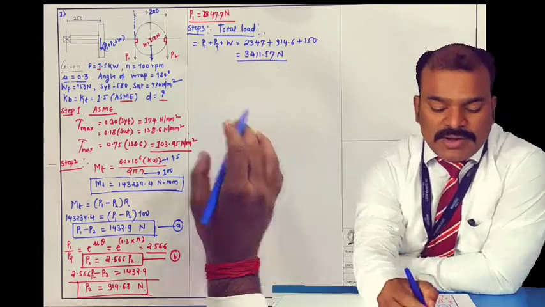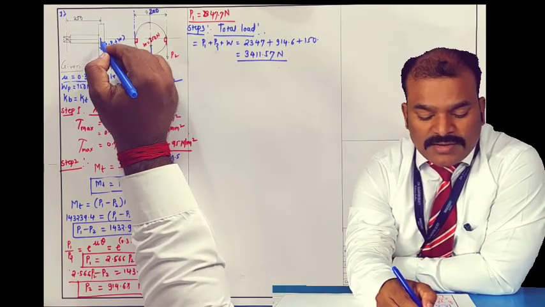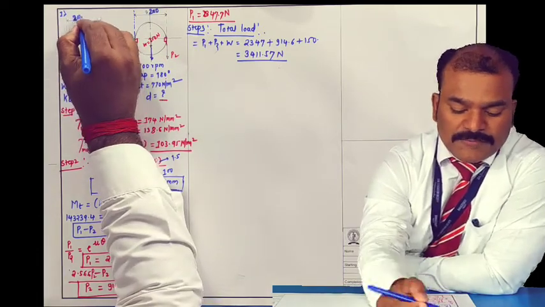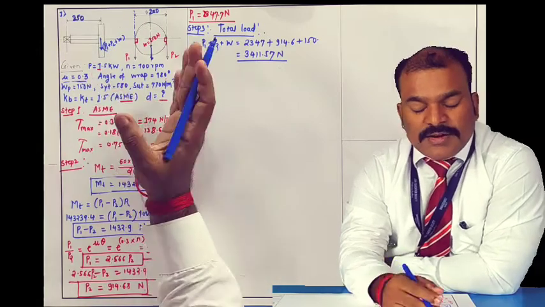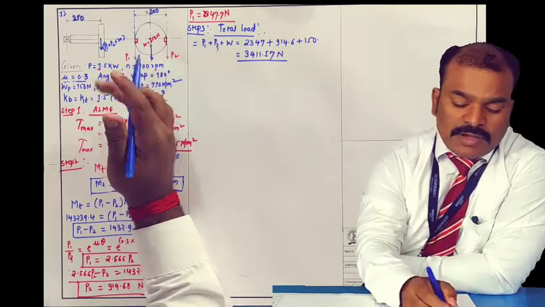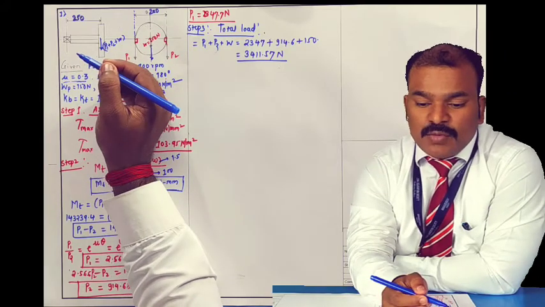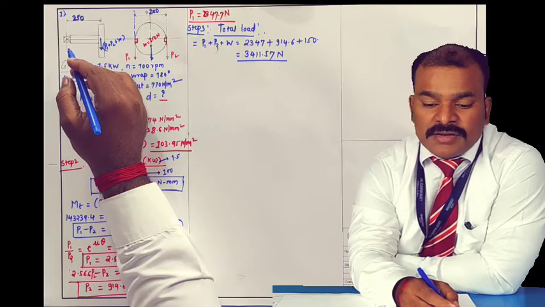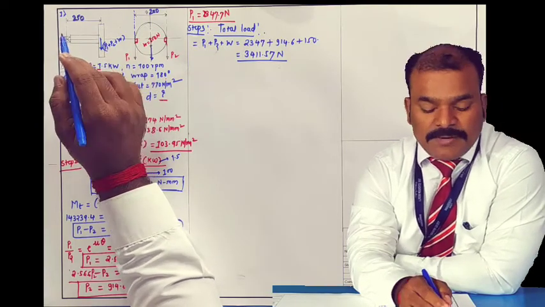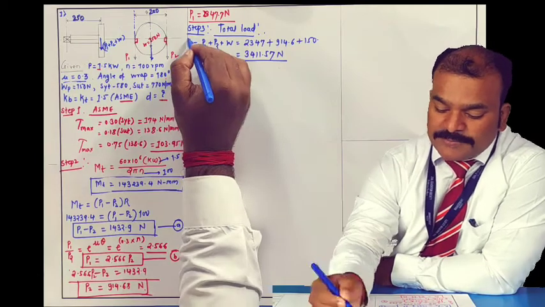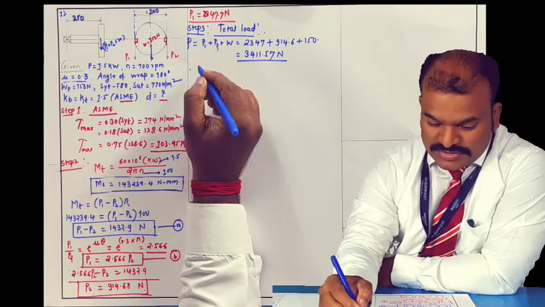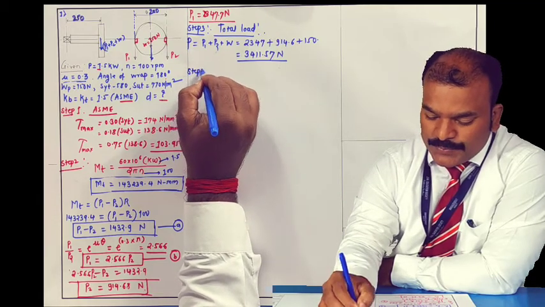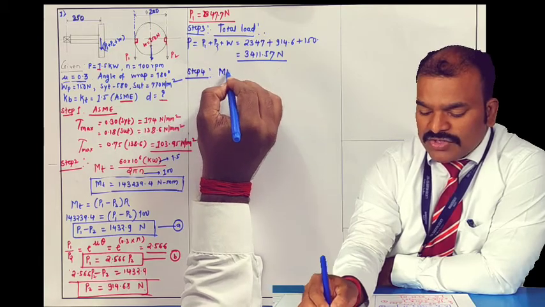So this will be the total load. Now we'll have to calculate bending. You can see the pulley is connected with the bearing in such a way that it has a 250 mm distance, and on the right side of the pulley there is no distance. So I will have to calculate the bending moment, which would be force into perpendicular distance. Which is the perpendicular distance here? Here the perpendicular distance is 250. So here I can write step number 4: calculate bending moment.